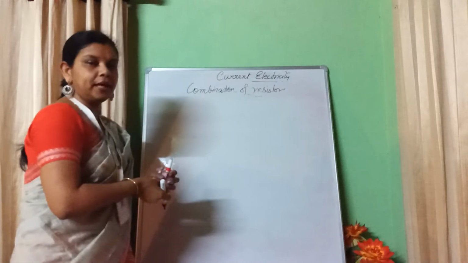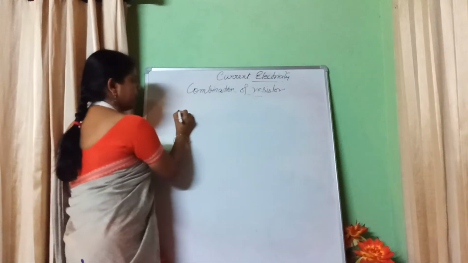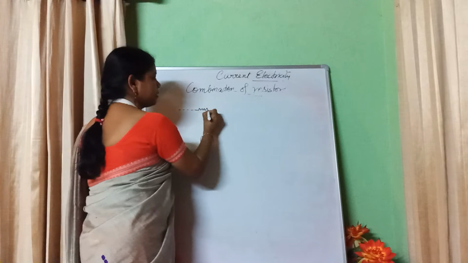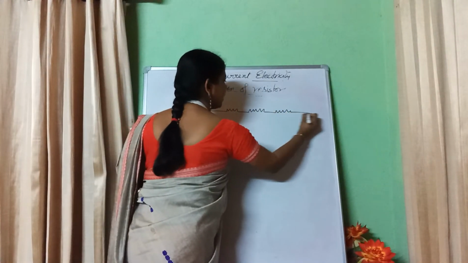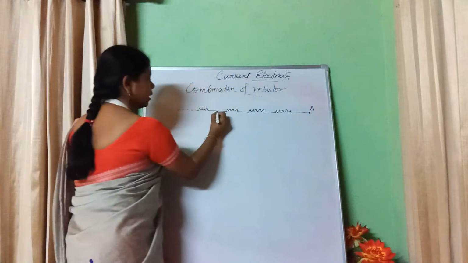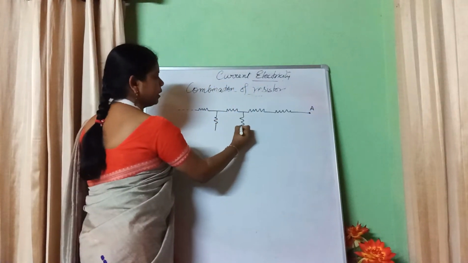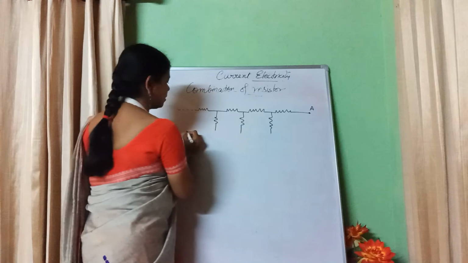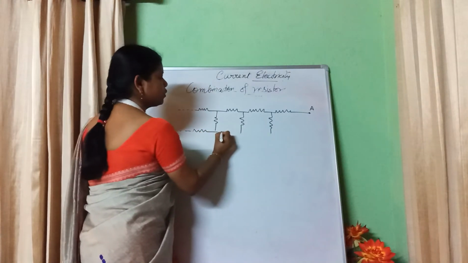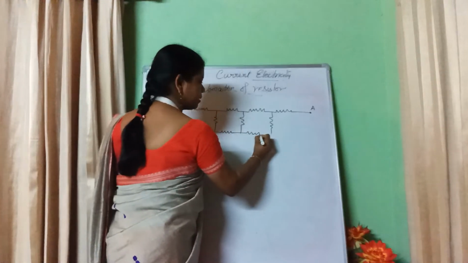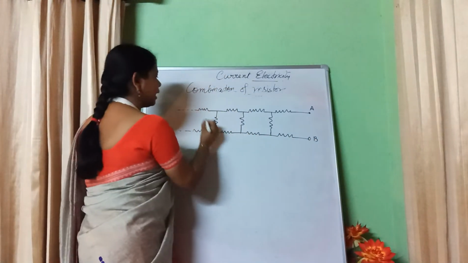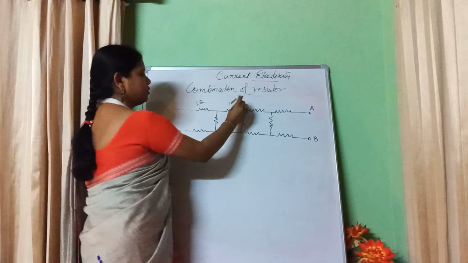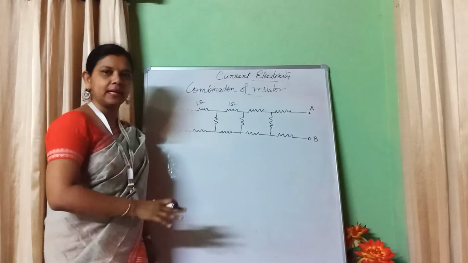if it is an infinite loop, I have drawn it like this: there is a resistor, another one, another one, another one, like this, and this is terminal A. And here we have a resistor, here a resistor, here a resistor. In the infinite loop, below also we have some resistances. Okay now? So this is B. And it's given that all the values are 1. I have just drawn it, I have given a question exactly like this.